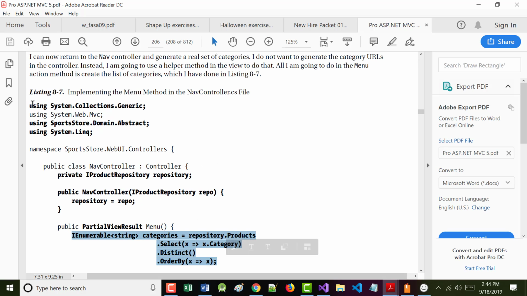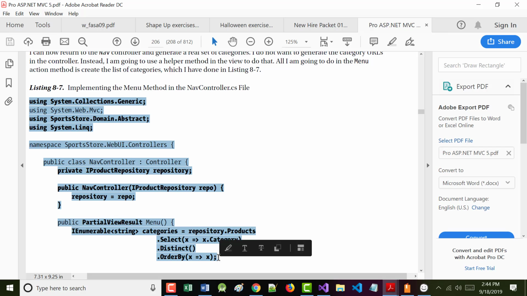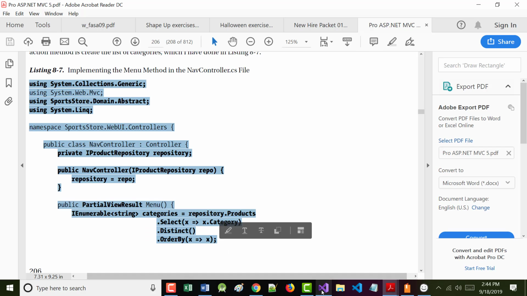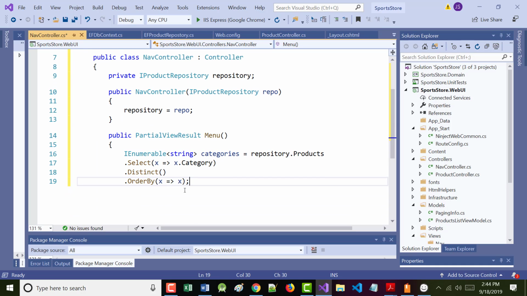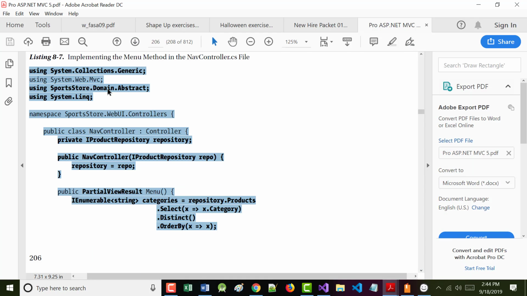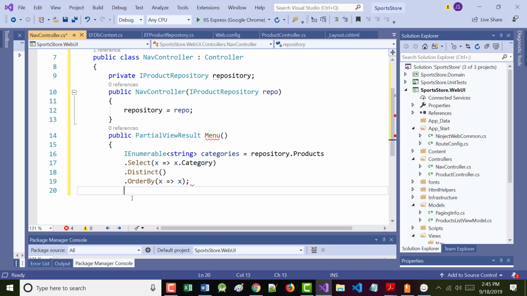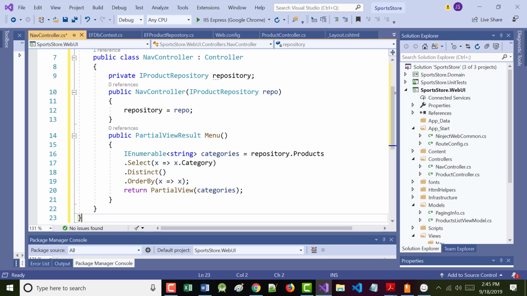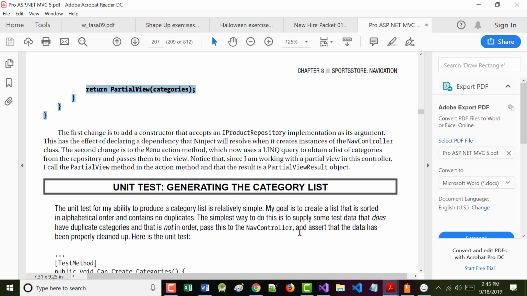All right. So in the nav controller, I'm going to just grab everything he's got in here, replace that current nav controller with this one. That's part of it because it goes on to the next page, on to page 207. All right. Now, let's take a look at what the author has put in here and then his explanation on the bottom, which is much better than mine.